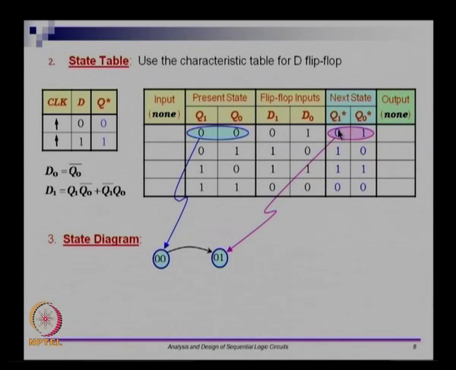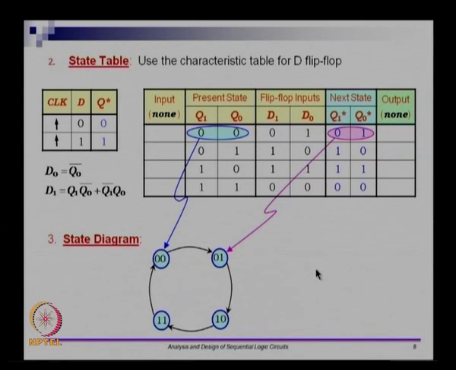So, because that is what we have derived so far, this 0 1 is the next state. Then let us go and look at 0 1. If 0 1 is the present state, that is this row, we go to 1 0, which is the next state. So, we mark that. And if you are in 1 0 as the present state, we go to 1 1 as the next state, and if you are in 1 1 as the present state, we go to 0 0